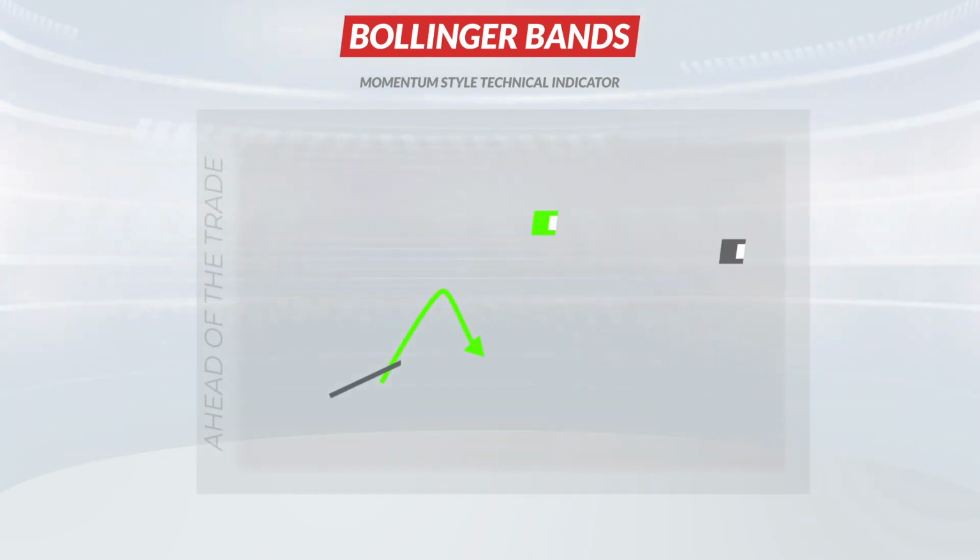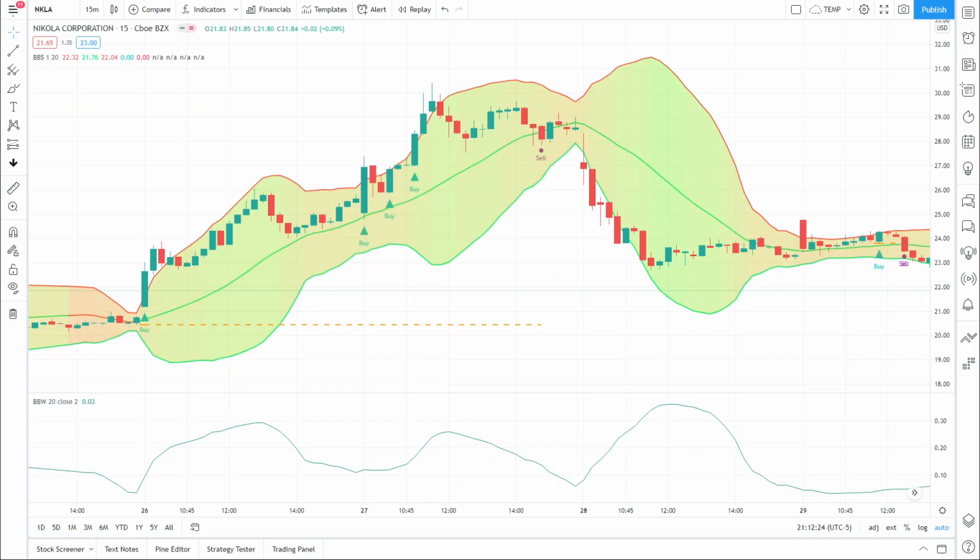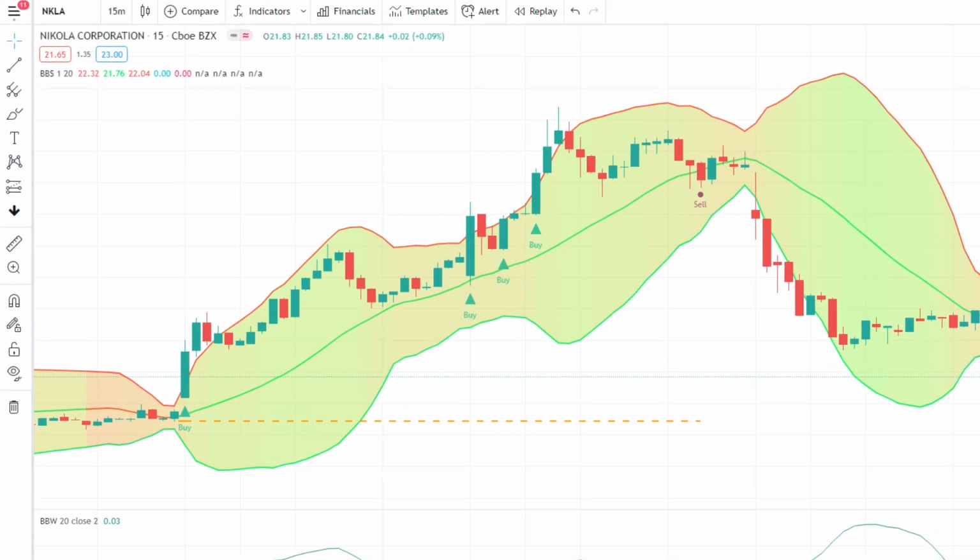As explained in part 1, the Bollinger Bands are most commonly used as a mean reversion style technical indicator to alert us when price is entering either overbought or oversold areas on the chart relative to recent price action. However, this is not the only way that the Bollinger Bands can be implemented within a trading strategy. The Bollinger Squeeze trading strategy uses the Bollinger Bands in a very different way. It is a momentum-style strategy designed to capitalize on powerful breakout moves and capture price trends.